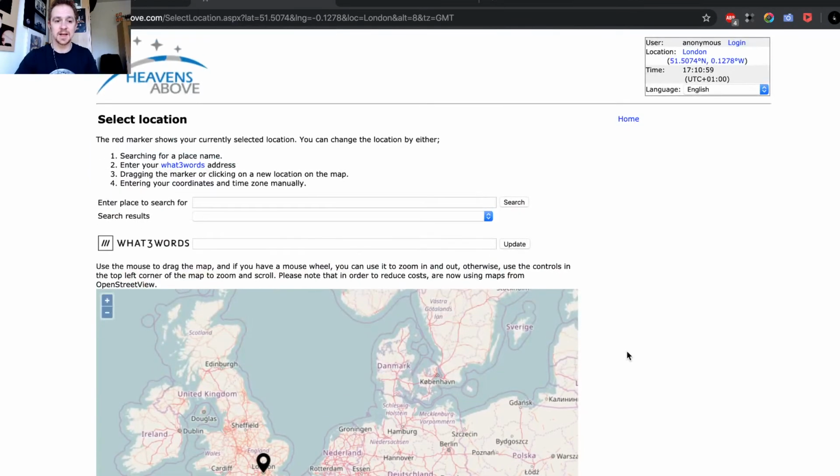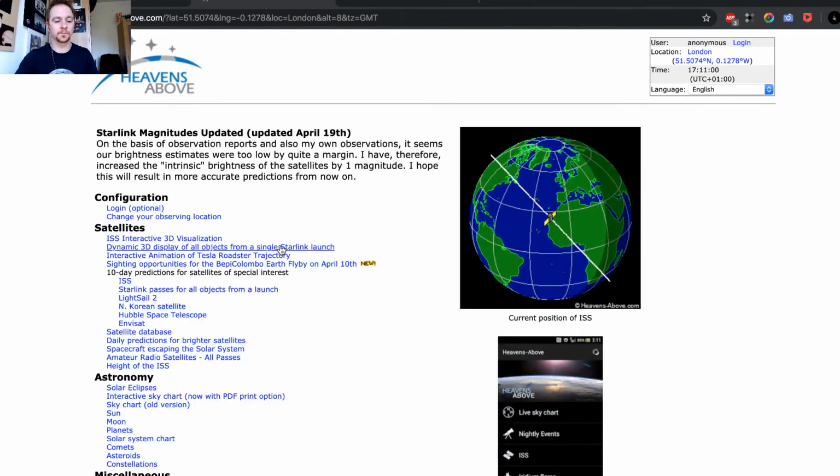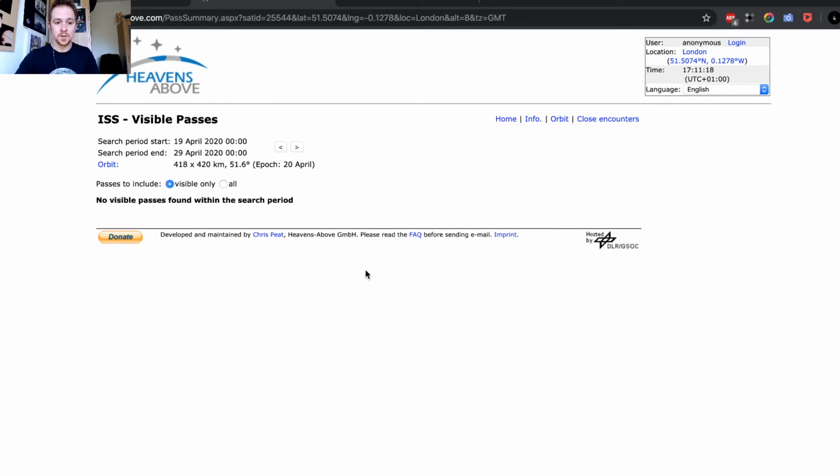Once you saved everything the website needs to know about your location, you go back and simply click on this little text called ISS, which stands for International Space Station. Once you click on it, you will see the forecasts, which I have none at the moment, because we just finished not too long ago with the evening passes. So we're gonna enter the morning passes at some point.